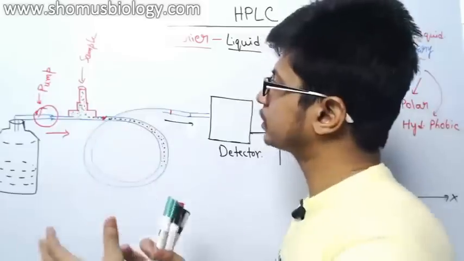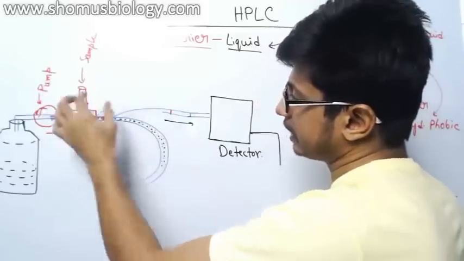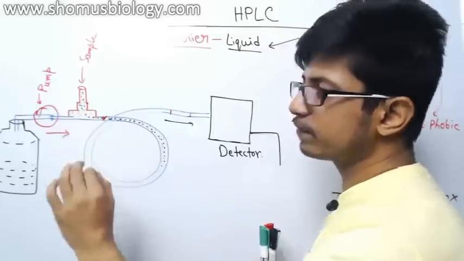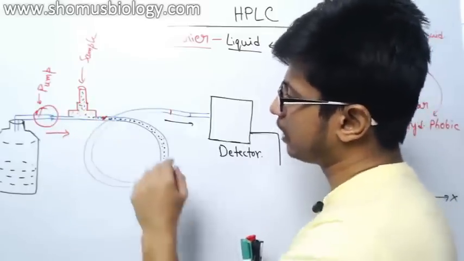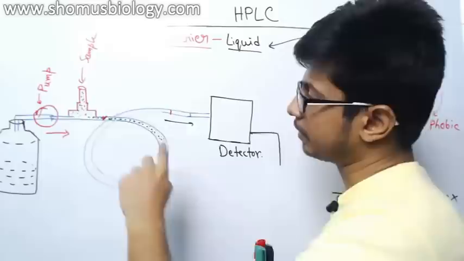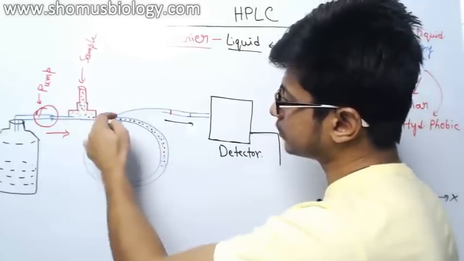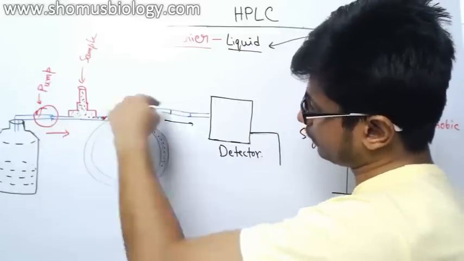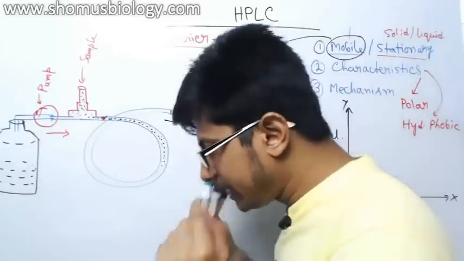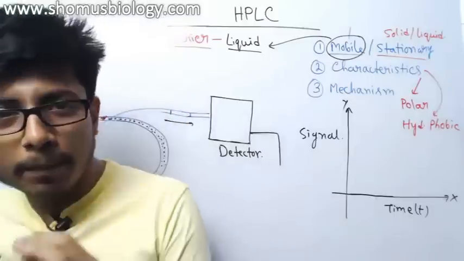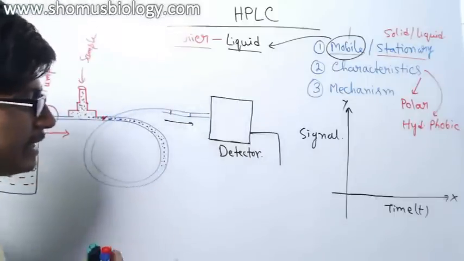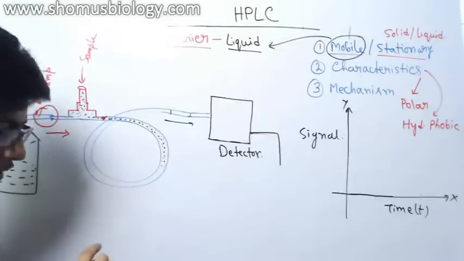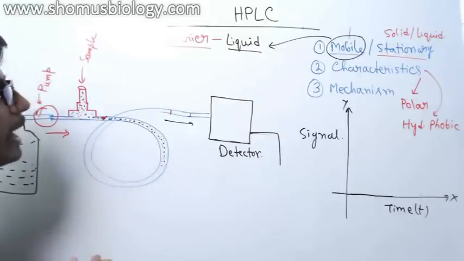We can take a protein mixture as a sample and inject it in the sample chamber. Here you can see three different samples in three different colors, black, red and green, mixed with the carrier, and now it will interact with the stationary phase. Here comes the most important point about the HPLC process: the interaction between the mobile phase and stationary phase. Now there are two types of scenarios that can